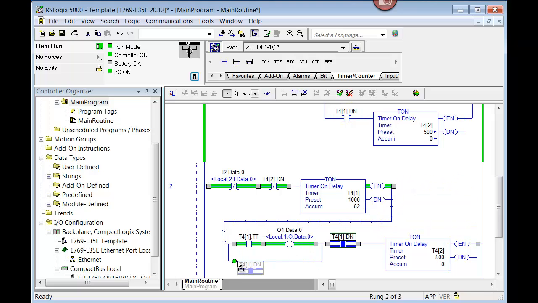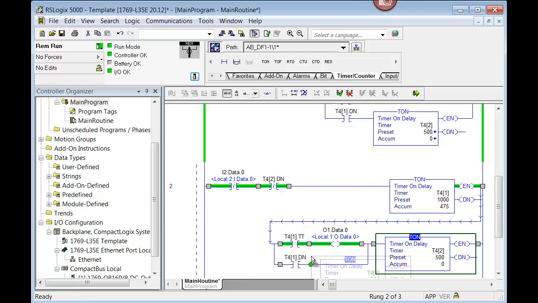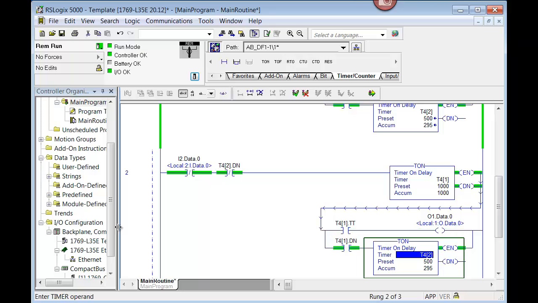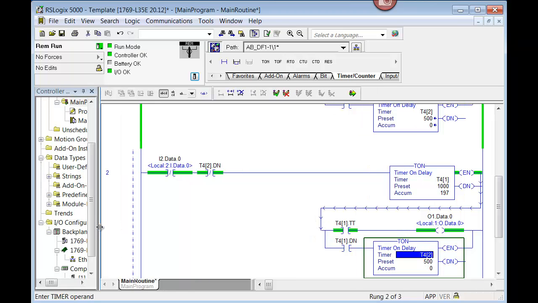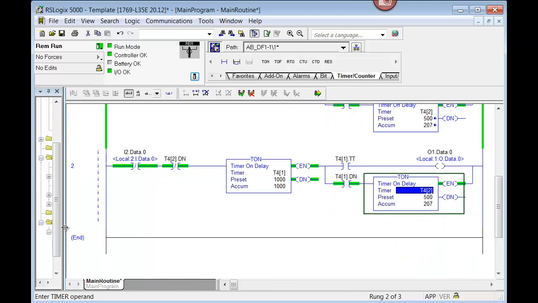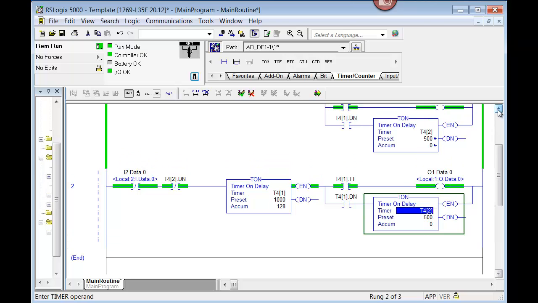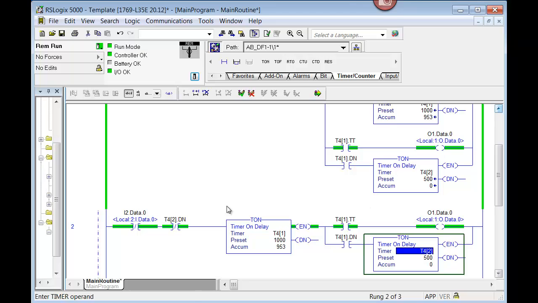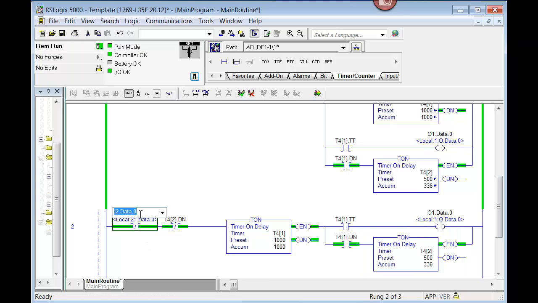And I'm going to put in here. There's my rung now. I'll stretch it out here to see if I can. Okay, there we go. That's what I wanted. Now there is still something wrong here. I've got all these instructions pounding on the same tag name, so I'm going to have to come up with a new tag name. So here, and